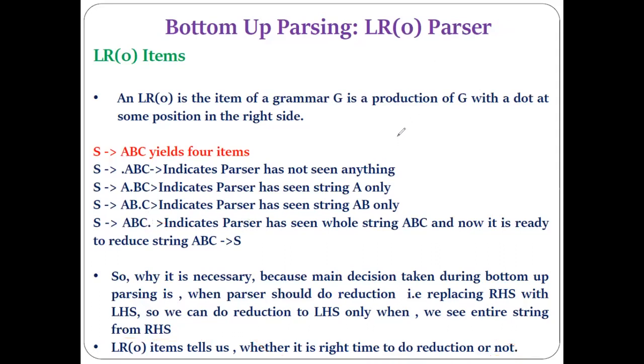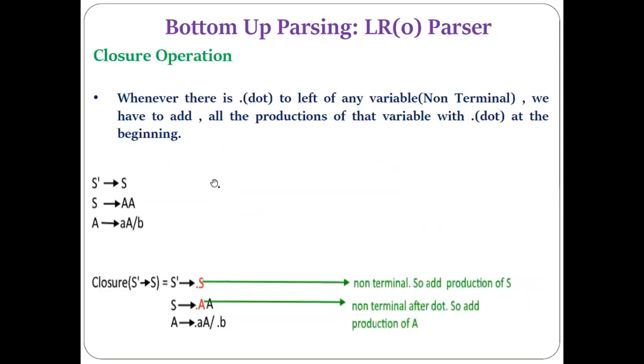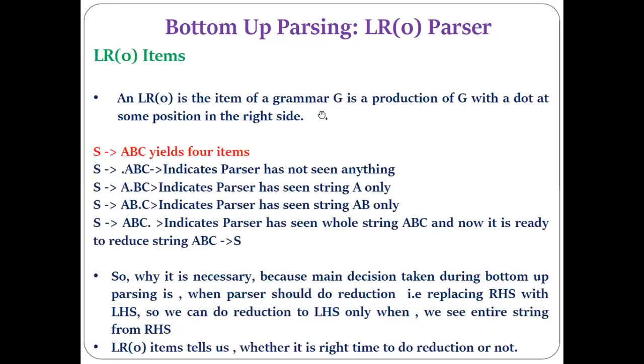Because everything depends on the reduction. When the parsing of the string is going on, everything depends on when the reduction action is performed in bottom up parsing. So that is the LR0 item. The main summary you can take out is that an item is a dot present at some position in the right hand side of the grammar, and there is a specific meaning to the position at which the dot is present. That specific meaning I have told you here.